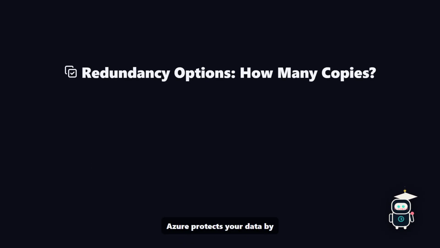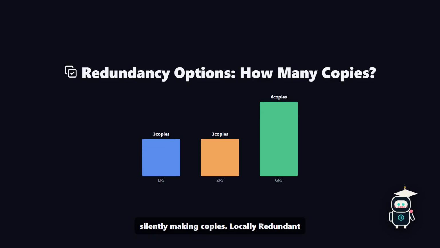Azure protects your data by silently making copies. Locally redundant storage, LRS, keeps 3 copies inside a single data center at the lowest cost. Zone redundant storage, ZRS, spreads 3 copies across 3 availability zones in the same region, adding resilience against data center failures. Geo-redundant storage, GRS, copies your data to a secondary region, maintaining 6 replicas total for the highest protection. The cost roughly doubles from LRS to GRS, but for compliance workloads, that extra fraction of a % of durability